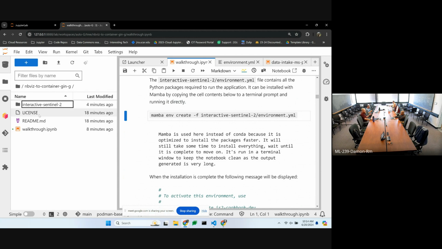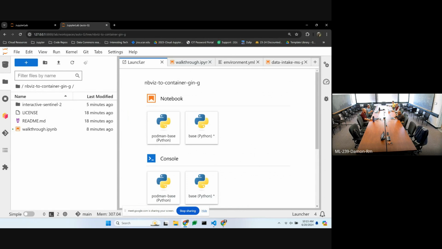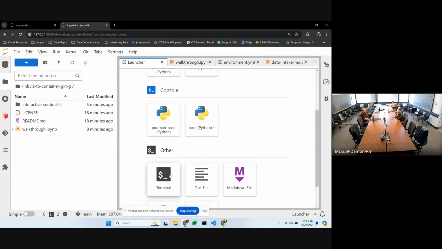So anyways, what I was getting at is we're going to start up a terminal to run this mamba env create command. And depending on where you are in the file browser here on the left, the terminal that you open will be inside that directory right from the jump. So you can see right now we're in the mbviz-to-container-gingy directory. So if I scroll down and open a terminal,